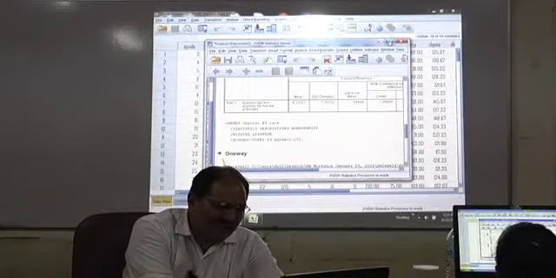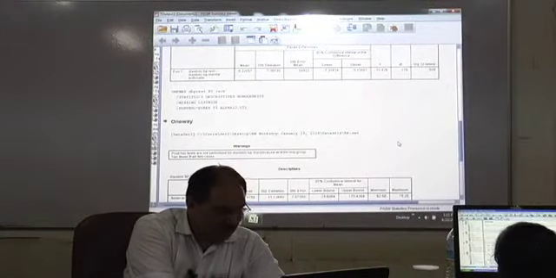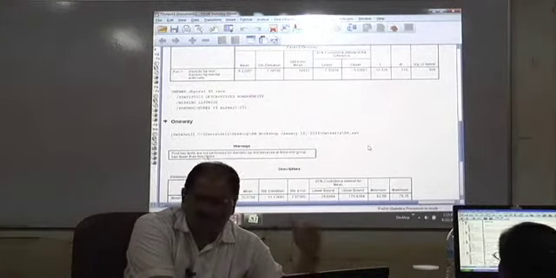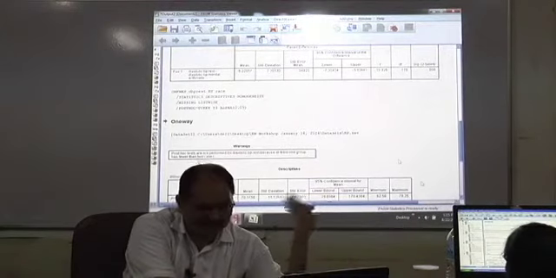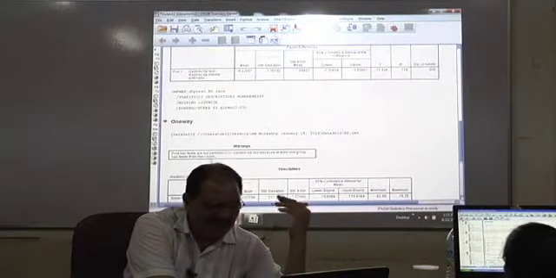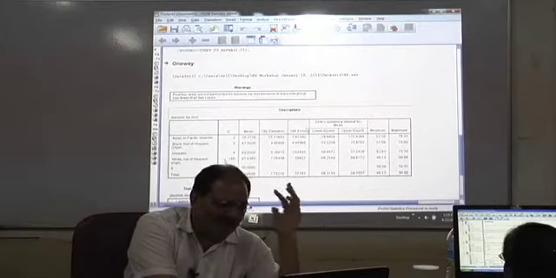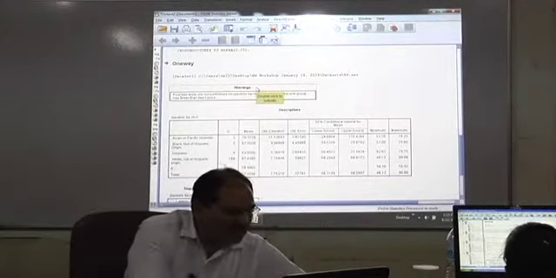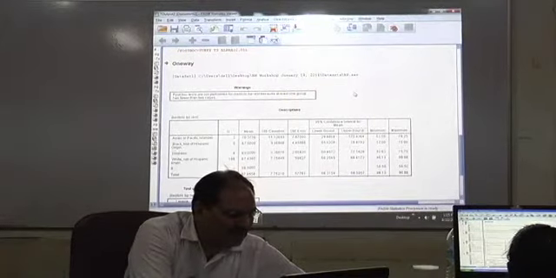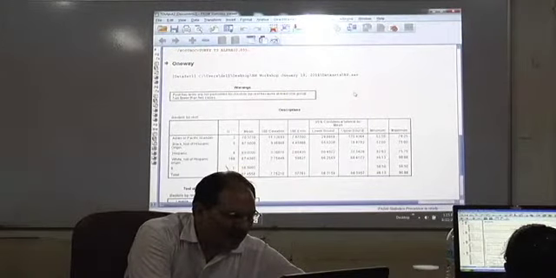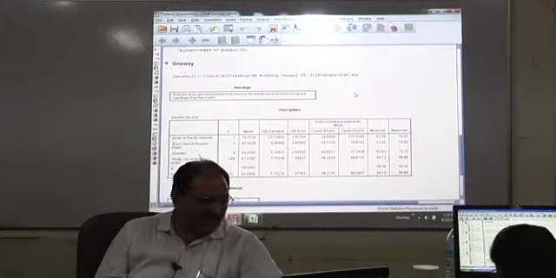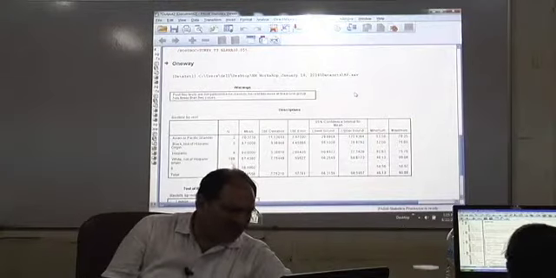Now we have got the results. Okay, one way. Results should be after one way, because on top there are t-test results. Okay, we are applying in the same window, so therefore, now there is a warning. Now what is this warning? Post-hoc tests are not performed for diastolic BP because at least one group has fewer than 2 cases. Now, what is this? One group has fewer than 2 cases.